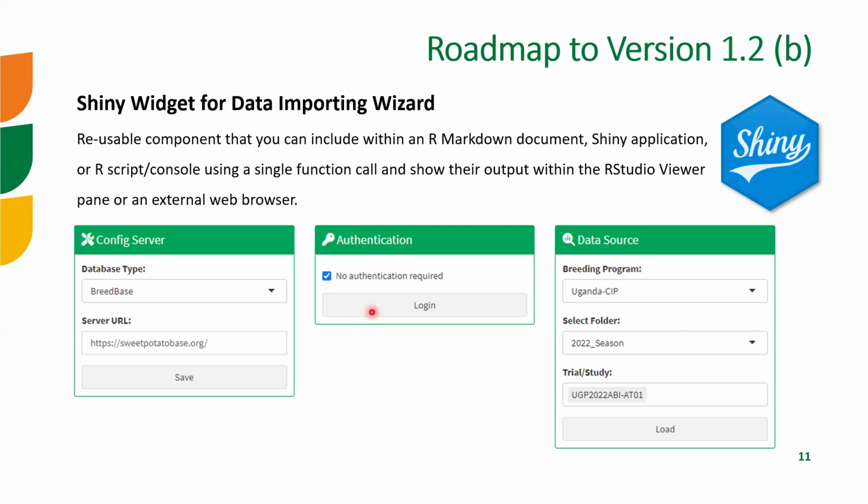You insert it, then click on login. Then it will start by showing, okay, you logged into this database. It will start by showing the list of breeding programs as a combo box, a drop-down list. You open that one and select one of these